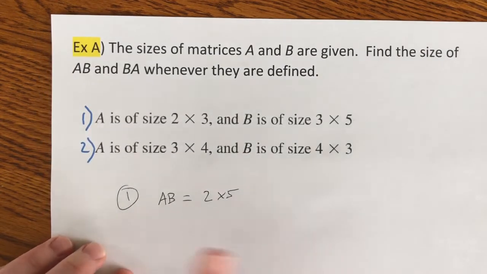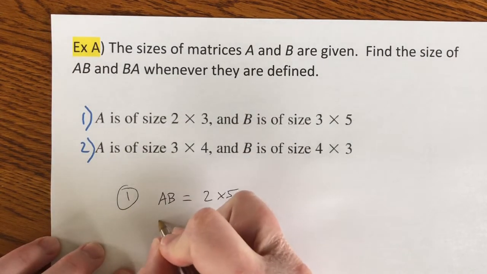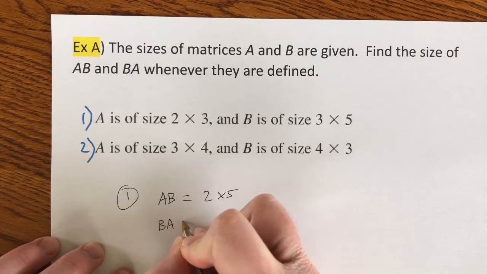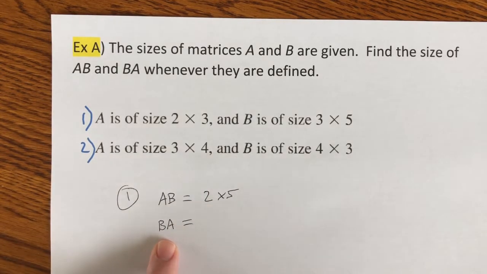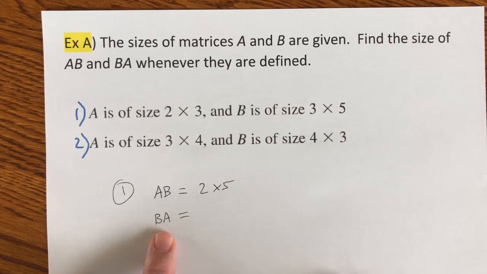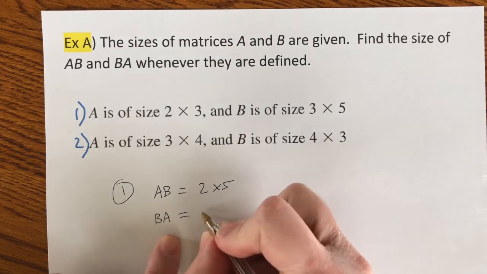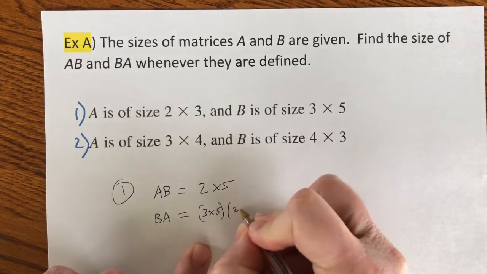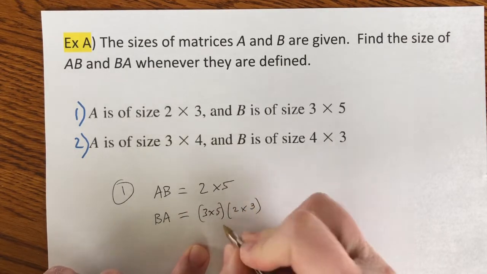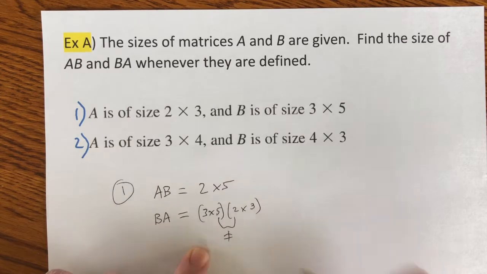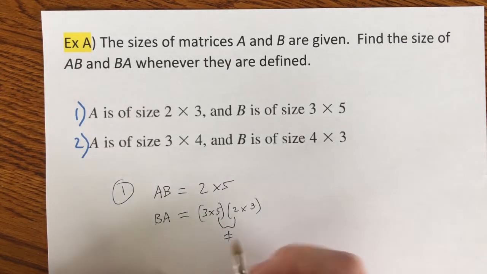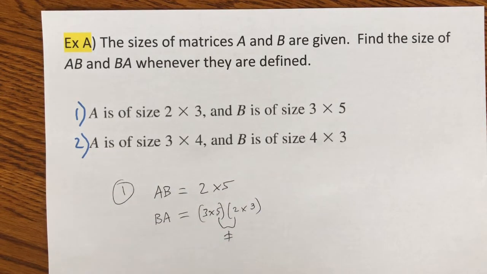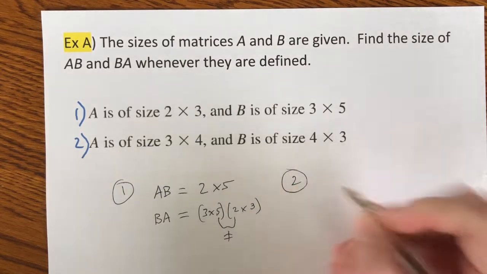If you interchange the two and try to come up with a product of B times A, you cannot do that. Because this would be the same as a 3 by 5 size times a 2 by 3 size. Since these two values are not equal, you cannot come up with the product of BA. Number two,